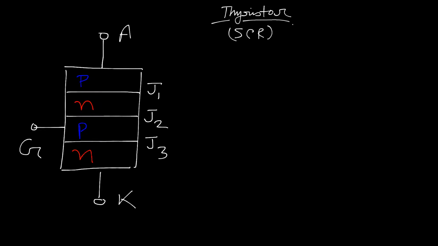In this particular case, keep one thing in mind: what will be the circuitry representation or symbol? The symbol looks like this, depending on the 3 terminals: A stands for anode, K stands for cathode, and G for gate. So this is the circuitry representation or symbol of the switch, and we can draw this symbol during any operation.